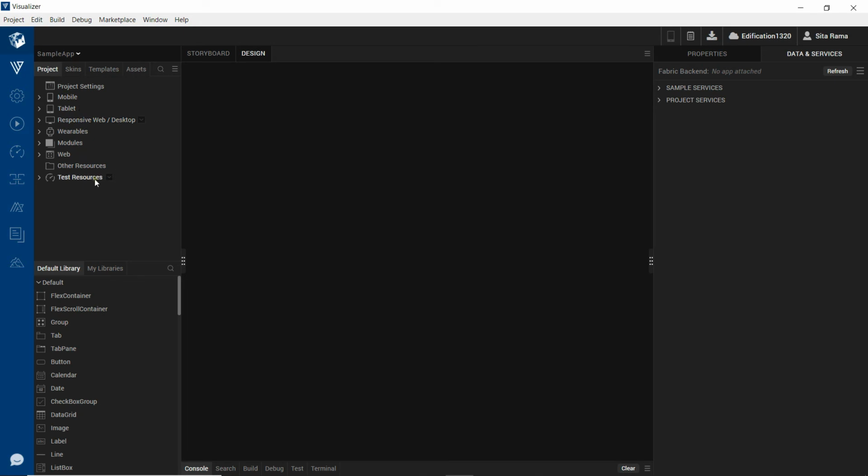And when you build this application, you will be able to tell Visualizer, do you want to build it for mobile channel or tablet channel or desktop web channel or variables channel. So based on the option that you select during the build time, the screens that you have created in that respective folders will be picked up and will be bundled into the binary that gets created for that particular channel.